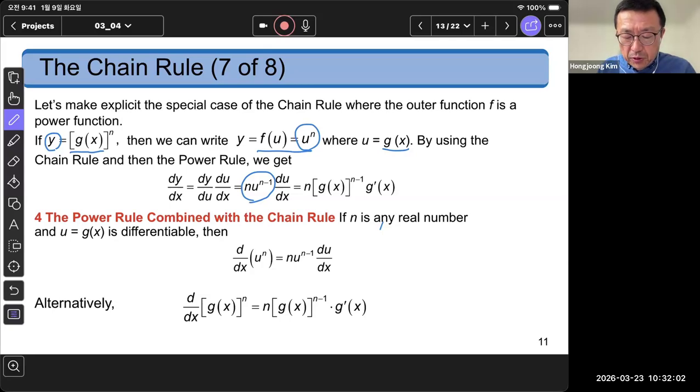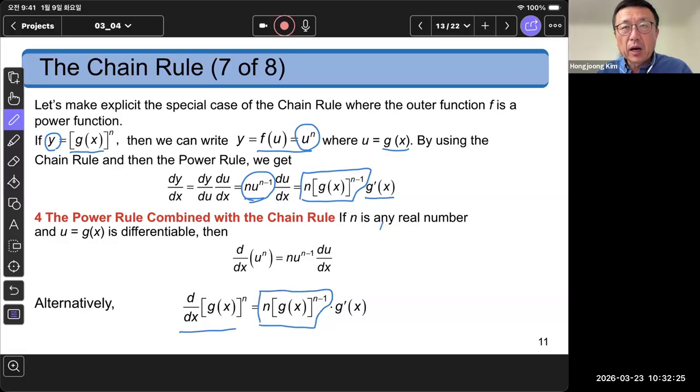So you first evaluate the derivative of the outer function at the inner function, which will give you this, multiplied by the derivative of the inner function, which is g prime. So if I differentiate this function, you get the derivative of the outer function evaluated at g multiplied